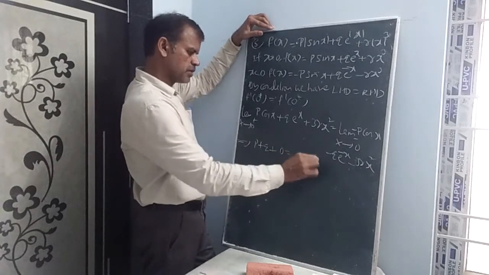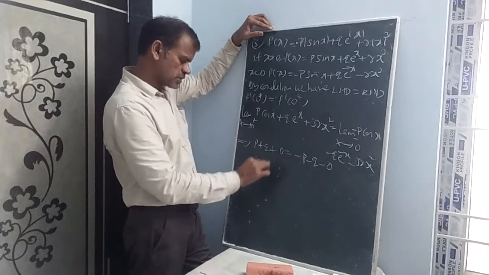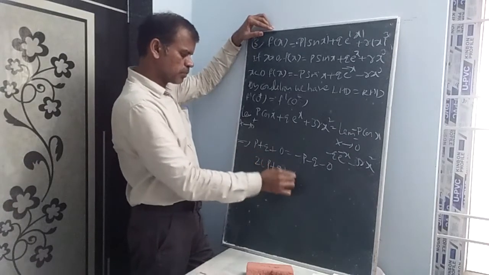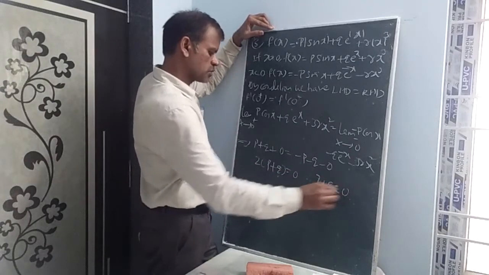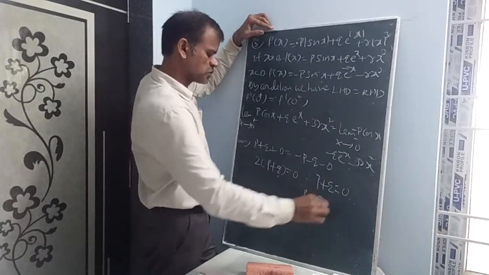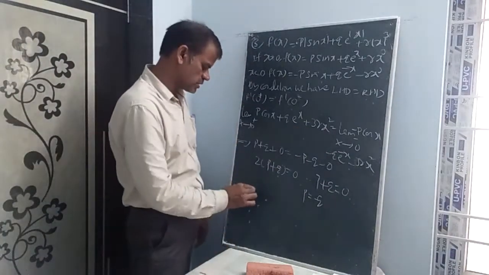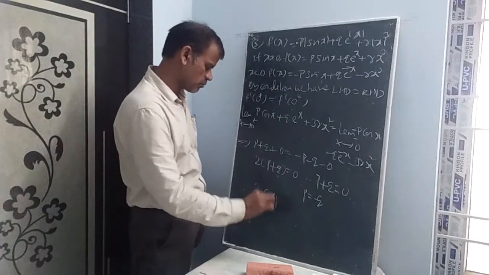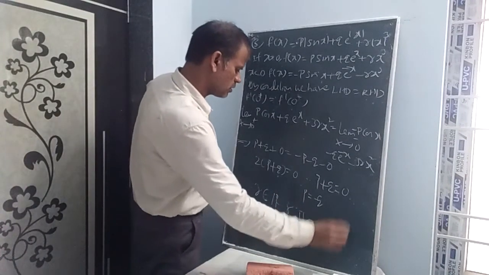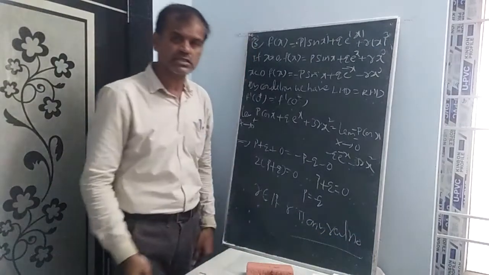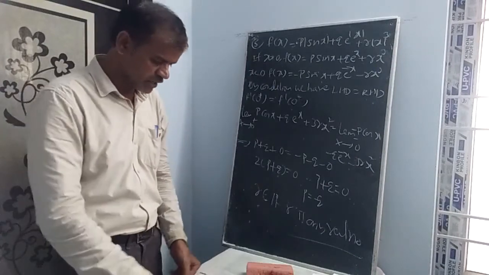this is equal to minus p minus q minus 0. So minus p plus q taken this side, it becomes 2 into p plus q equal to 0. Therefore, p plus q equal to 0 or p is equal to minus q. So p is equal to minus q, here r got cancelled. That is why you can say that r belongs to real number. That is, r is any real number, or r exists for infinite values. Given r is any real number, second option.